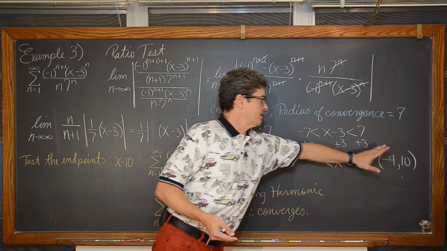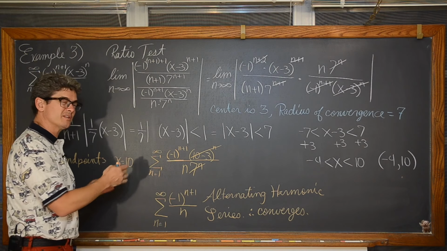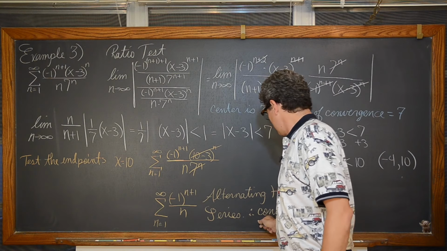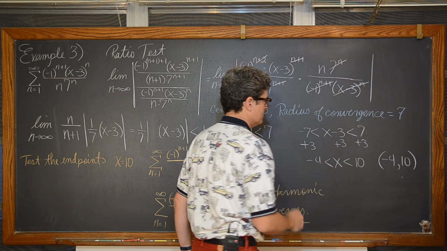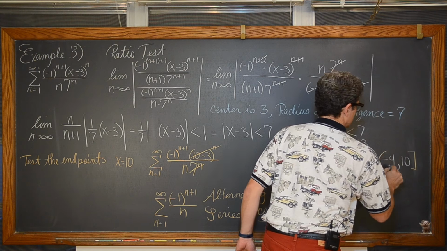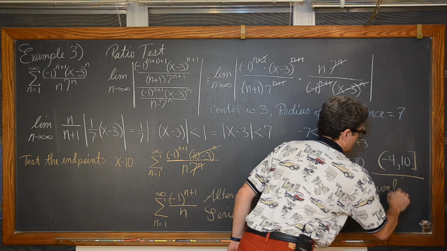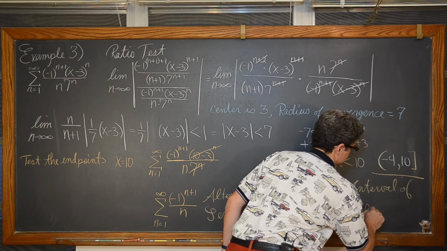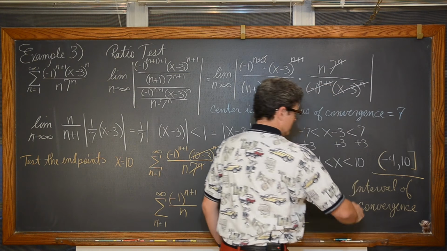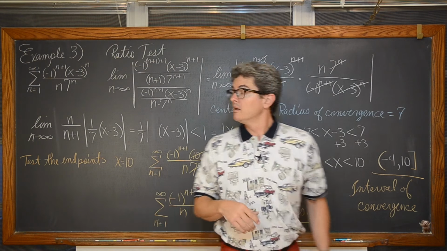We solved, found a preliminary interval of convergence, checked the endpoints. Negative 4 didn't work, in the sense that that series came out to be divergent, but 10 did; at x equals 10, our series did converge. So our final interval of convergence, just because I'm running out of space here, this is our interval of convergence. So again, if you take these x values, starting from but not including negative 4, up to 10, plug